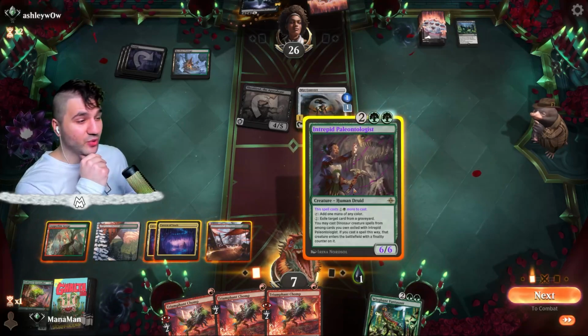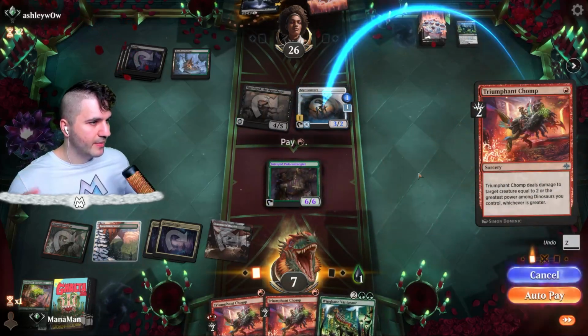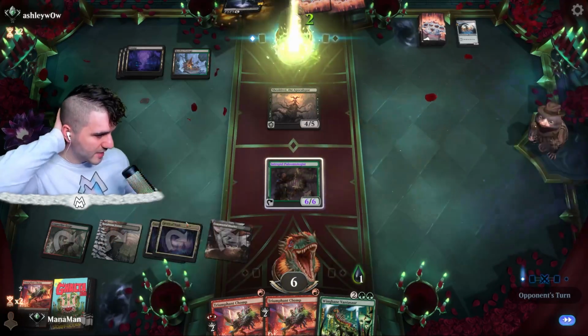I think what we're going to have to do is go for the Paleontologist. It is a 6/6 after all, and I am going to trade with the Shelly, and then we can go in for the Chomp on the Convert token here. Did I have to pay for that? Why, hold on, was that the auto-tapper's fault? 1, 2...